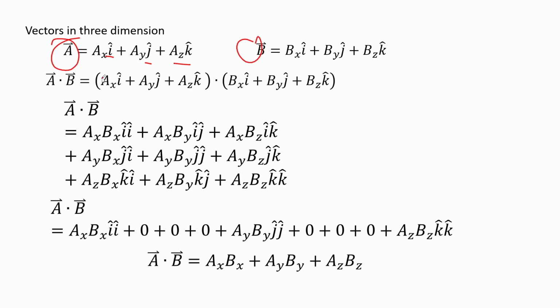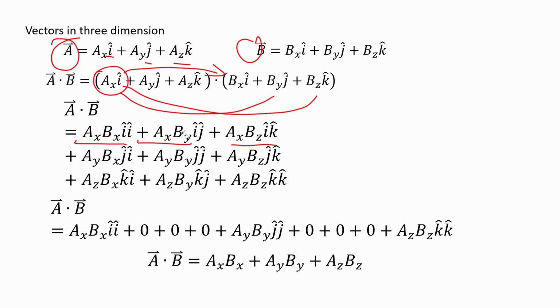So you multiply AX with this, you get this. This one with this, you get this. And this one, you get this. As you can see, these two parameters here have different unit vectors, i hat and j hat. And we know from the earlier slides that this one would result in a value of 0 because the angle between them is 90 degrees. So hence it is 0.